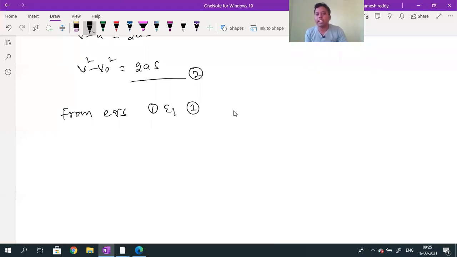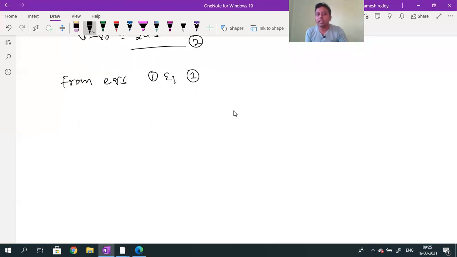When the RHS is equal, can I equate the LHS? The LHS values are given by V square minus V naught square, which is equation 2, and it will be equal to equation 1, whose LHS is V naught square minus U square. Right? So can I send this V naught square to this side? What will we get? 2 into V naught square will be equal to V square plus U square. Is it okay? Sending V naught square this side and U square this side, 2 into V naught square is equal to V square plus U square.